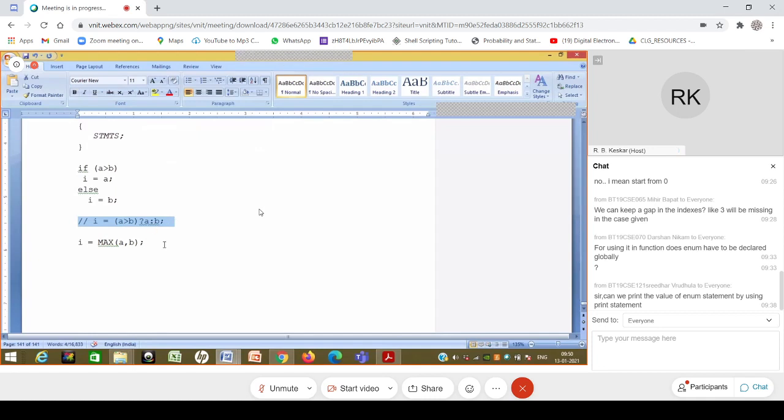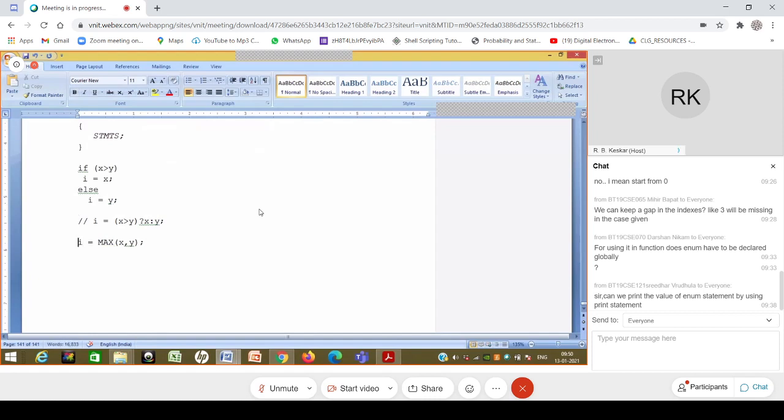So over here, if A and B is a little bit confusing, let's say that I want to do X and Y, then things become perhaps more clear. Essentially, it just replaces variable X and variable Y. So I have this X greater than Y, and either it is X or Y. And perhaps this is what originally I required. If X greater than Y, I wanted I is equal to X, and I is equal to Y in the other case. So this is possible.